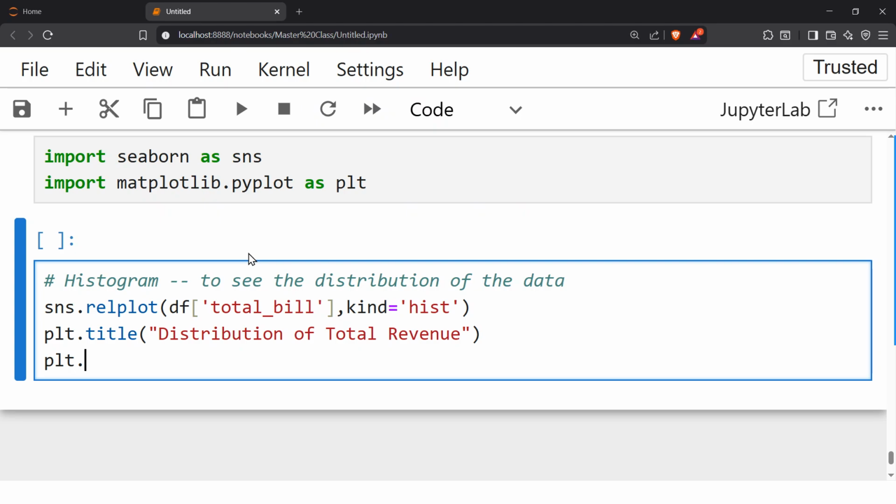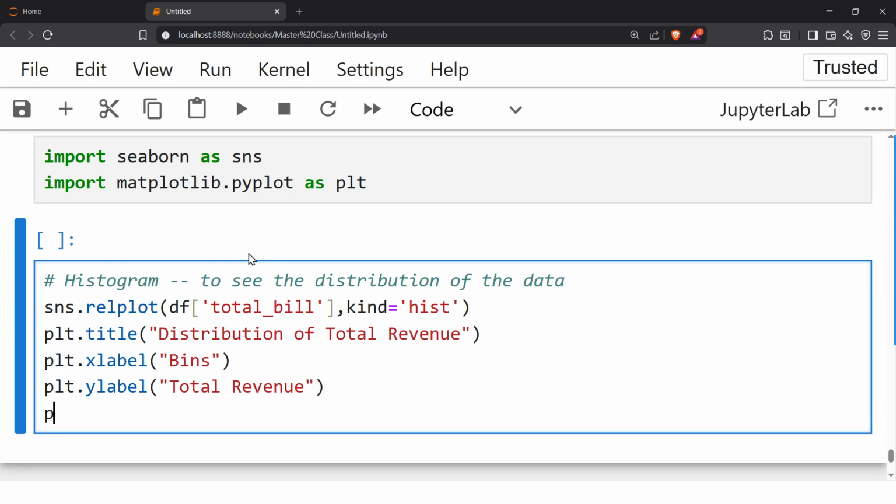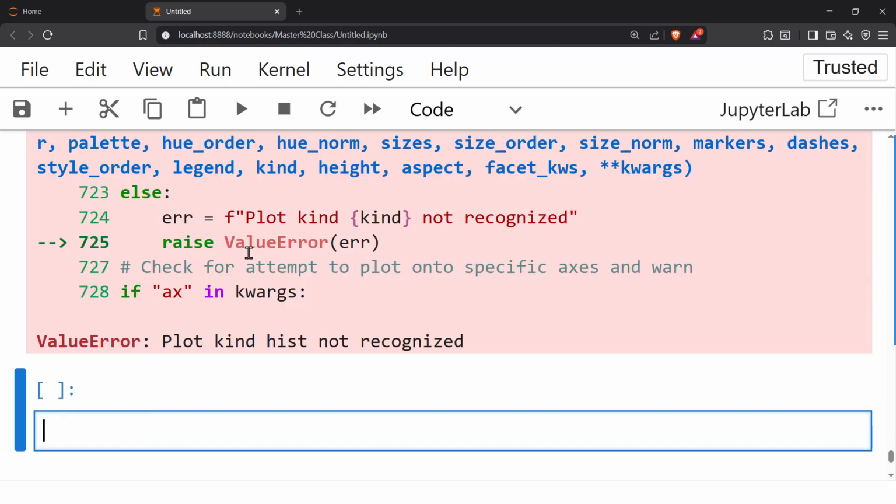Next, plt dot xlabel, I want bins, and ylabel, I want total revenue. I want to understand in which range the customer is spending more. plt dot show. Now if you run this one,